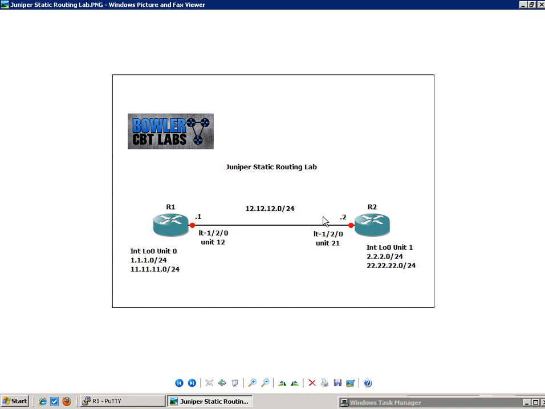On R1 we have the loopback 0 unit 0, and within this unit we have two subnets associated with it. We have the 1.1.1.0/24 network, and then we have the 11.11.11.0/24 network on R1. And on R2 we're going to create a loopback 0 unit 1, and you might be